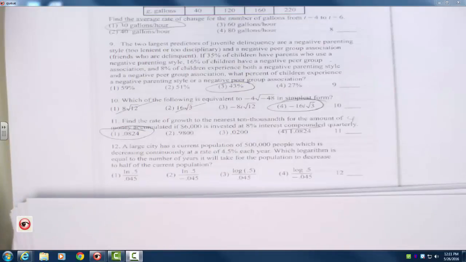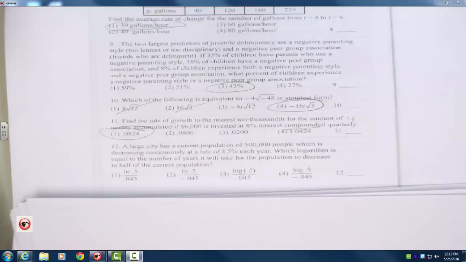A large city has a current population of 500,000, which is decreasing at a rate of 4.5% each year. Which logarithmic equation is equal to the number of years it will take for the population to decrease to half of its current population? Now, the word that I glossed over because I want to focus on it now: decreasing continuously. When they say decreasing continuously or increasing continuously, that changes the type of function we're working with, and that changes to